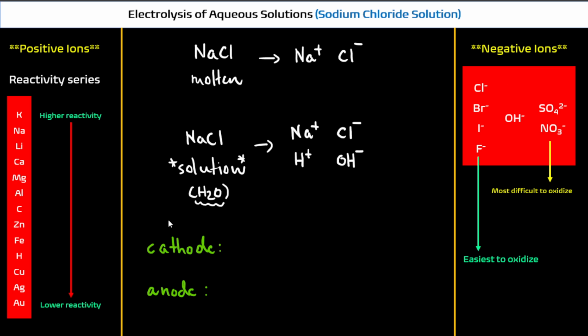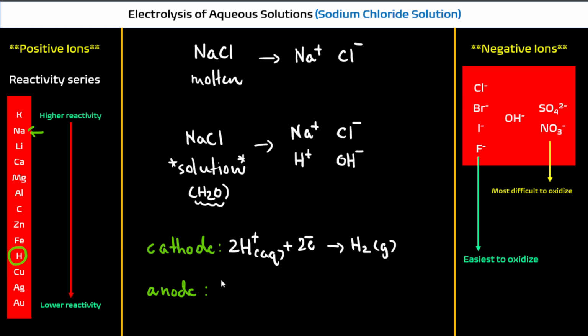For positive ions, we are going to select H as our standard, and if our element is higher in the reactivity series, it is not going to be discharged. So Na is here and H is here. Hydrogen will be discharged because it is less reactive than sodium. So the equation should be H plus aqueous gives hydrogen gas, and if we balance the equation, we should get